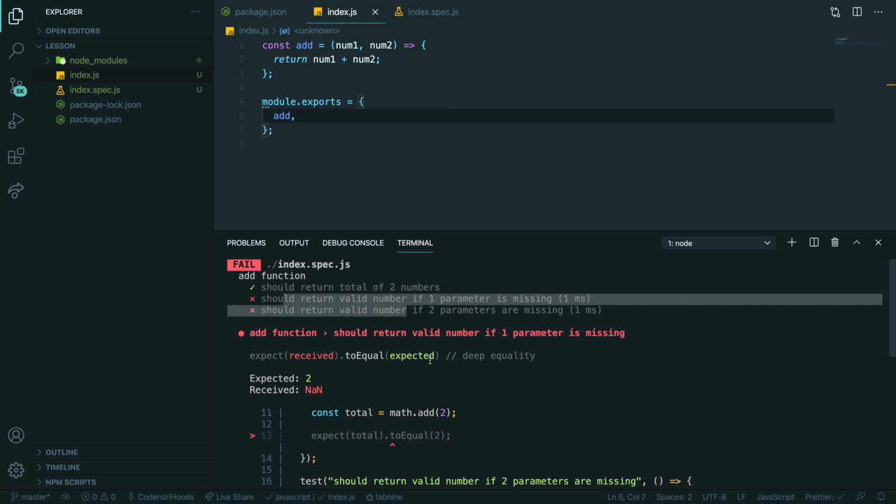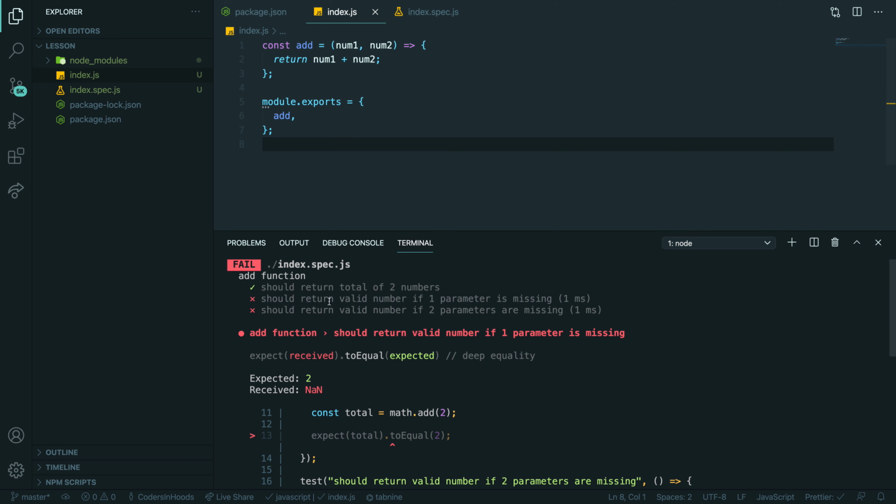How can we fix it? What can we do? You create a default for the... Yeah. How? So the argument, one of them, you just put num1 equals to a value.